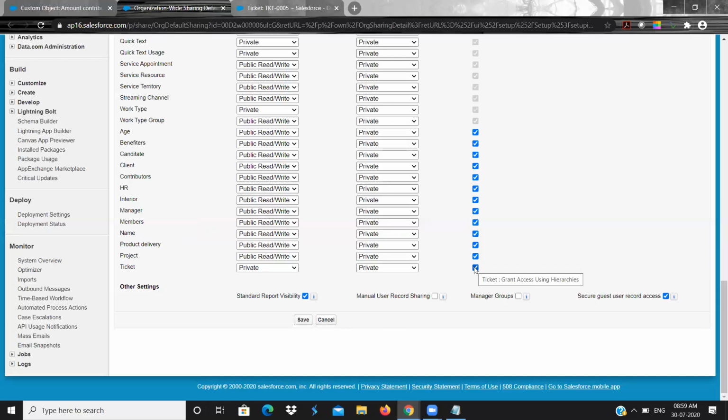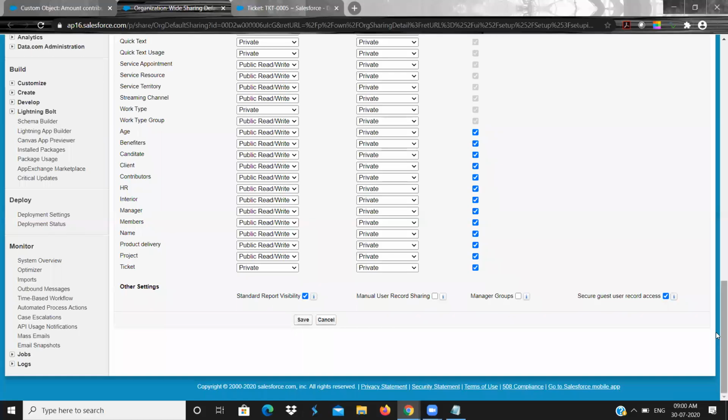In that case, you want to enable using hierarchy. Clear? Any doubts? No, sir. Okay. Now only the concept of role comes into the picture.